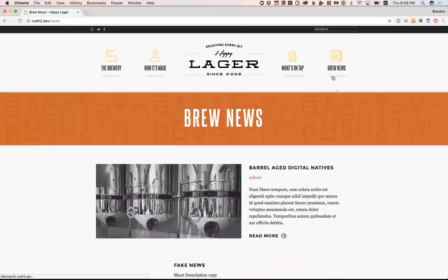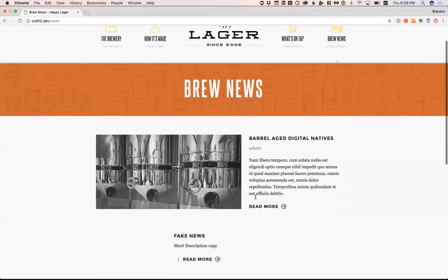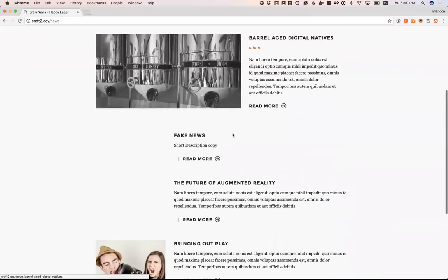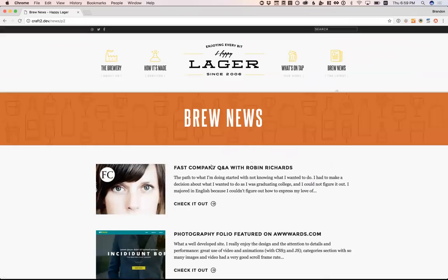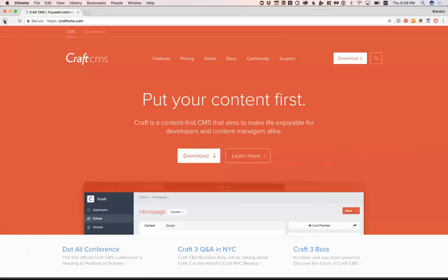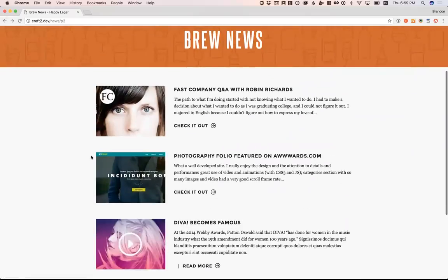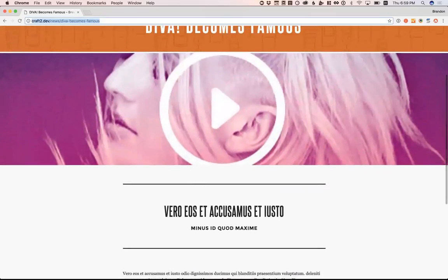And then finally, you have news, and news is a combination of actual news entries and then just links to other things. So if we go to the next page, that would be an example of just an outbound link rather than an actual article, versus an actual article would be this one. So yeah, you can see in the back end,